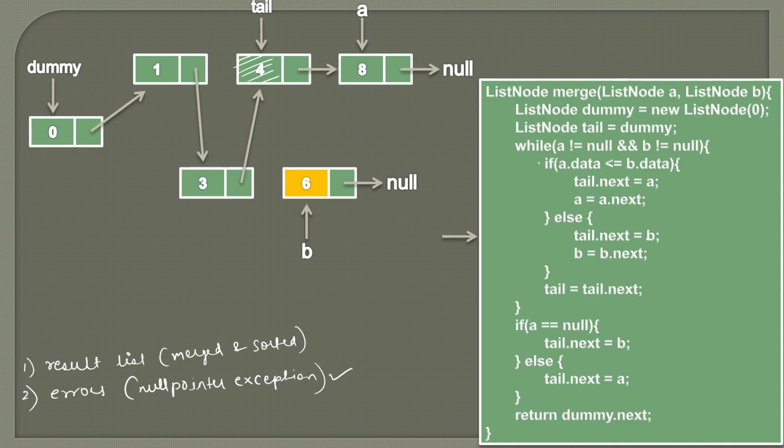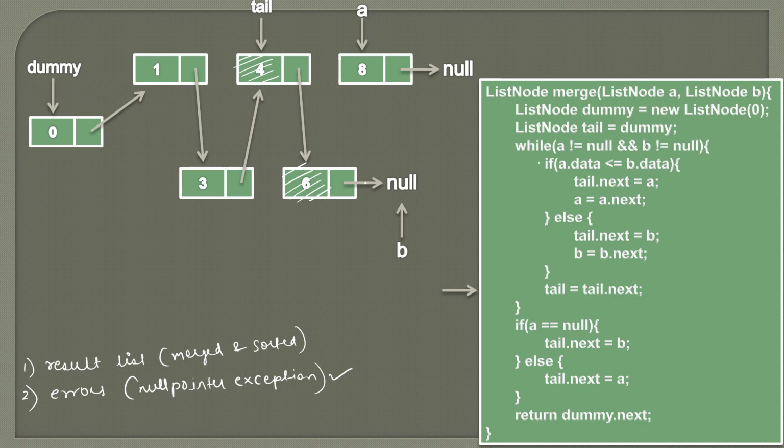And here we are doing the same thing. We need to add this node referred by B after 4, and after 4 means tail's next value. So we are assigning B to tail's next. So first we are removing this node like this, and after this assignment tail's next will point to B like this. And then we will move B to its next because we have used 6 also now. So B will move to its next. And here you can see B next was null. So now B is referring to null.